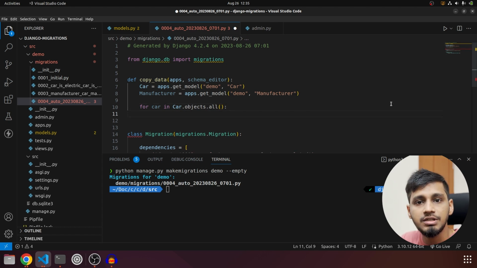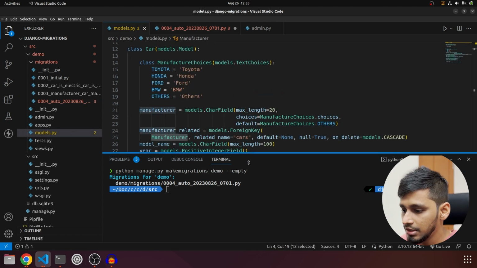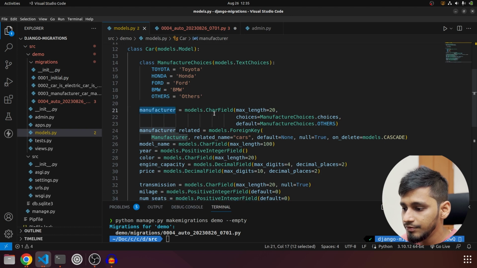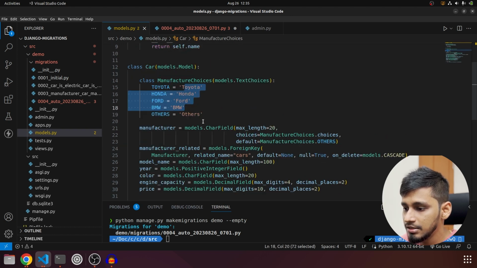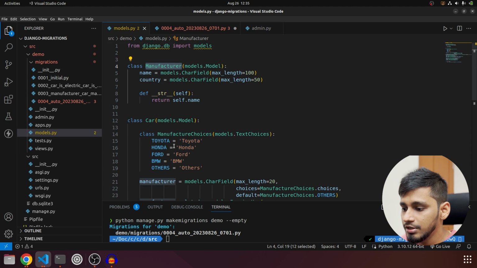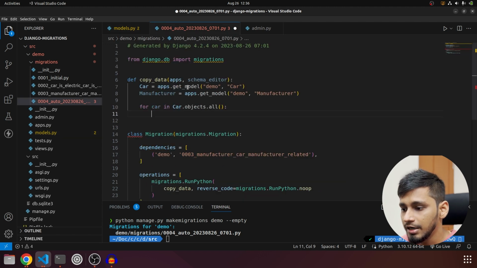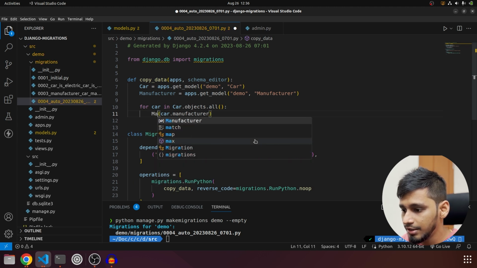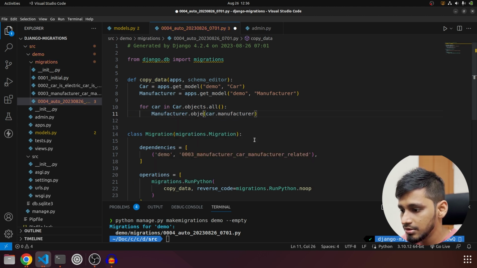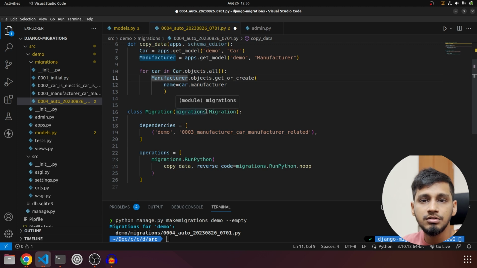First of all, we are going to check if this car.manufacturer is present in this model or not. If it is present, then use that, otherwise create a new data entry into this, right? So to do that, we will say car.manufacturer, that is how we access it, and it will be Manufacturer.objects.get_or_create, where name is equal to this, and this will return us two values.